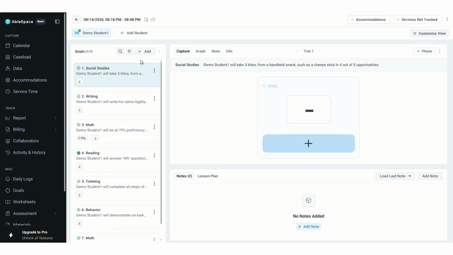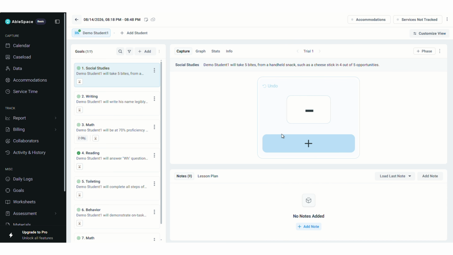After going through the workflow and looking at the different goal types, I found a few areas where the experience could be improved. First of all, session timer. The screen already shows date and session time, but a dedicated session timer could make time tracking easier. For example, session time 32:50. The timer could start when the session begins, and total duration could be saved as service time when the session is completed. This could reduce manual time tracking and make session documentation easier.